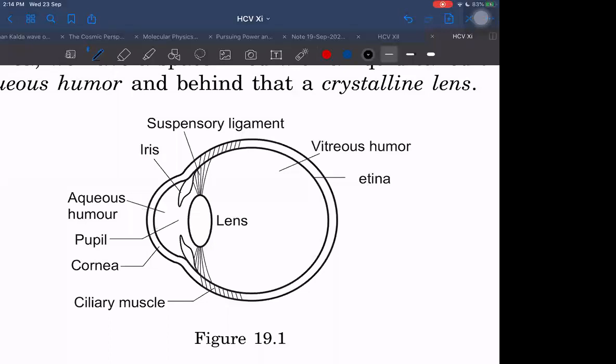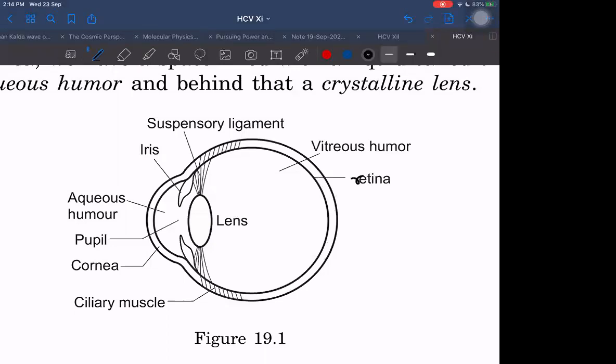In our eye also that feature is there. This is the pupil, this small hole from which the light can enter, and this is an adjustable opening. It is an amazing thing, because our retina may get damaged if a lot of light enters into it. This is the retina.